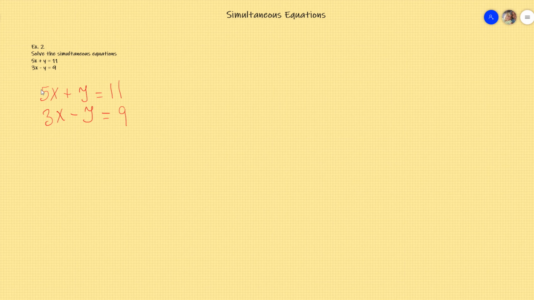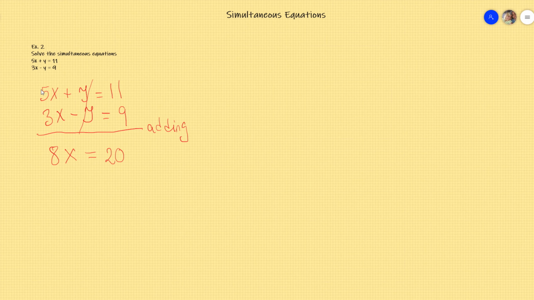We notice that we have plus y and negative y, so immediately the easier way here is to go for elimination, and this will happen by adding both equations. So 5x plus 3x is 8x, plus y minus y will cancel each other, equal here 11 plus 9 is